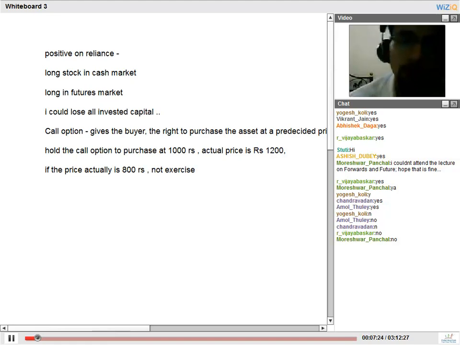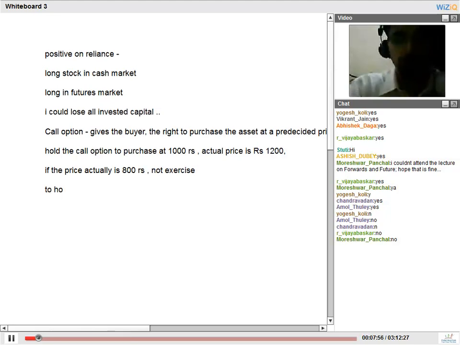So, do you understand that for the holder of the call option, there is now only an upside? If the price is higher, he will exercise it and he will receive the benefit. If the price is actually lower, he will not exercise it. He will rather go and purchase from the market. You understand, this is a win-win situation for the holder of the option. If the price is good, he'll exercise. If the price is bad, he will not exercise.